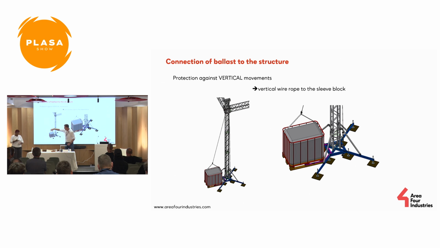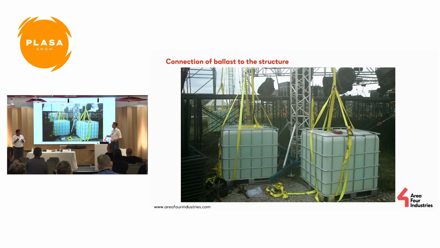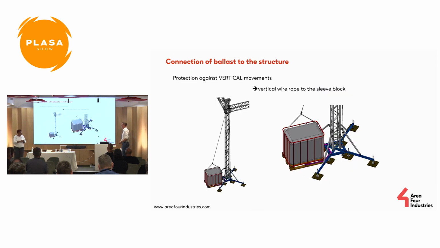When you lift here, those 2 legs of the bridle will be activated in tension. That means there's a horizontal force acting here, which will squeeze the cage, and after squeezing this cage, it will squeeze the tank itself. Then it will leak, and you don't have your ballast anymore. This is how most people do it, but it is not correct. So if you do so, you should at least add any kind of bar that avoids squeezing of the